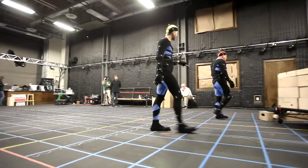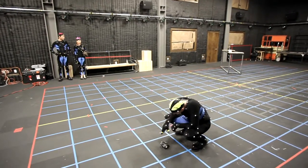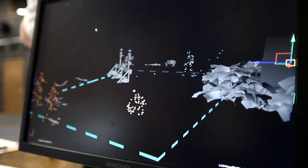It's really acting a scene in two parts. The motion capture and then the motion scanning. The motion capture captures all the body movements and where people look, so it gives you all of the eye